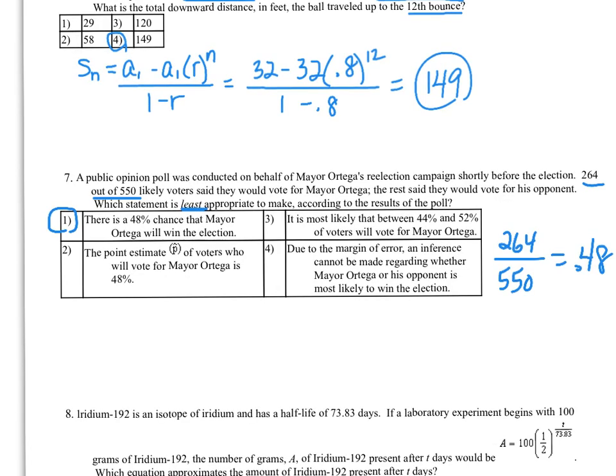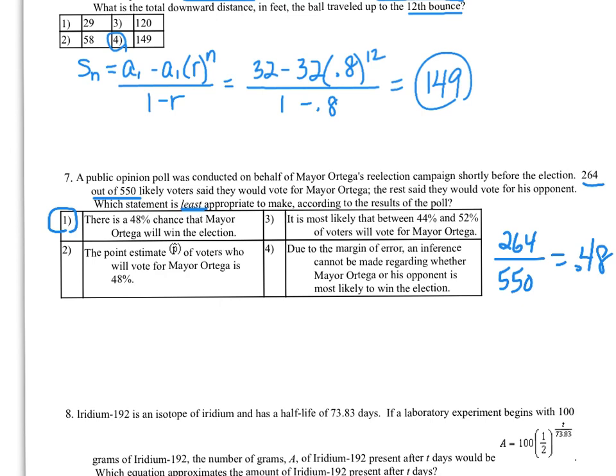So for number 8, I'm going to show you 2 ways to do this question. The first way, I'll show you the real mathematical way, and then I'll show you the cheater method. Okay, so I would probably start by taking this exponent, and I see that I could write that as